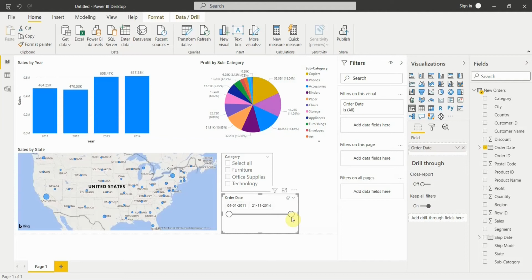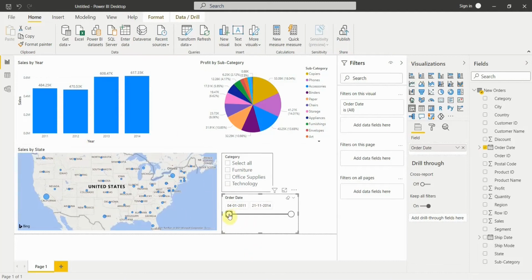If the date format is text, convert that into a data type which is suitable for dates. Once the data type is converted into a date format, and when you select a slicer, it will by default give you this scroll option, wherein you can select the start date, end date, and your numbers on the